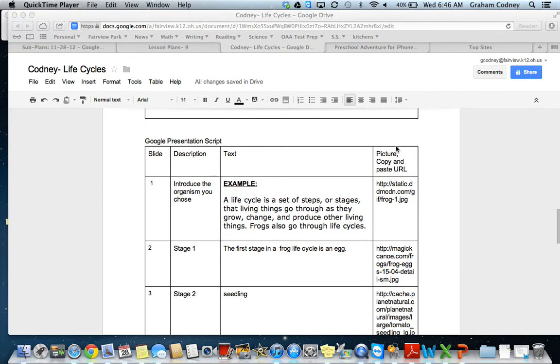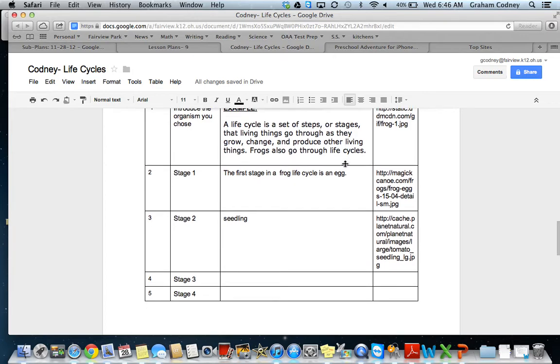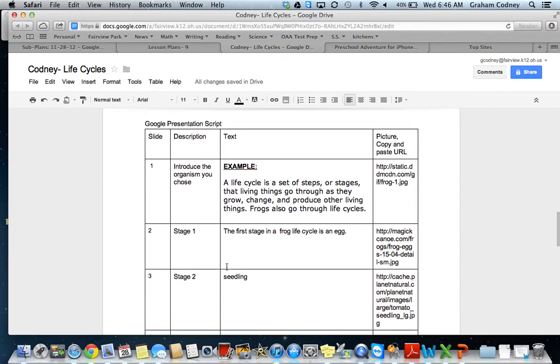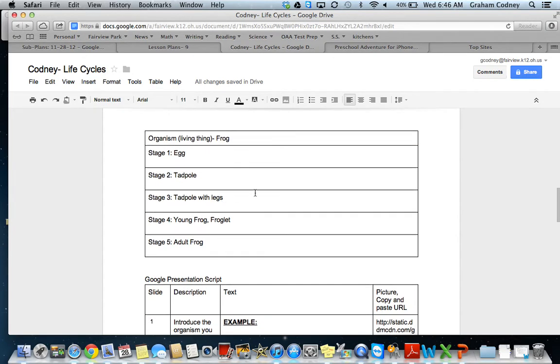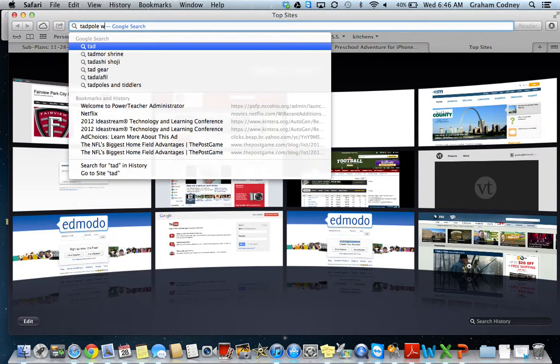And now it's time to actually start copying and pasting the URL. I showed you once, but I wanted to show you again just in case you forgot. So we need to open up a new tab, and we can do so by clicking on one of these tabs up here, or the plus button. And then we need to find a picture that would be appropriate for the slide. So if I go back, it looks like I would like to do stage 3, which is a tadpole with legs. And so on my new tab I could type in tadpole with legs,